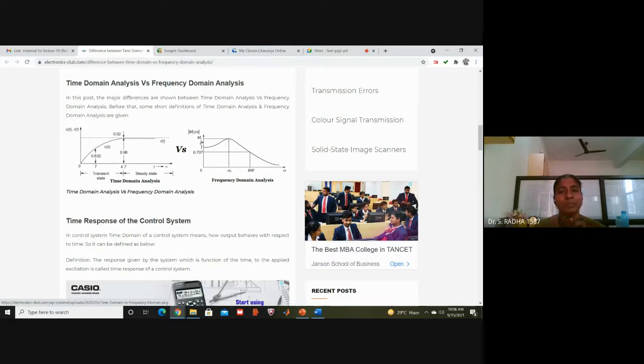From the maximum, we apply 3 dB or 1 by root 2 of the maximum. 3 dB means in the dB levels, after applying 20 logarithm, whatever the maximum value, subtract 3 from that; that is the 3 dB value. If you take the maximum absolute value MR, then 1 by root 2 into MR, where 1 by root 2 is 0.707.